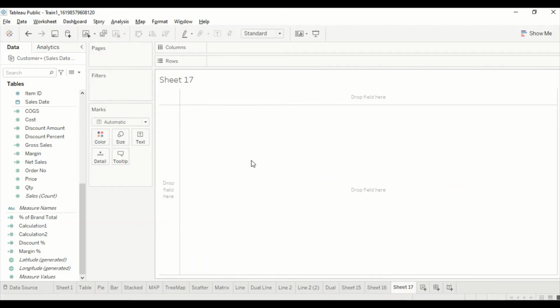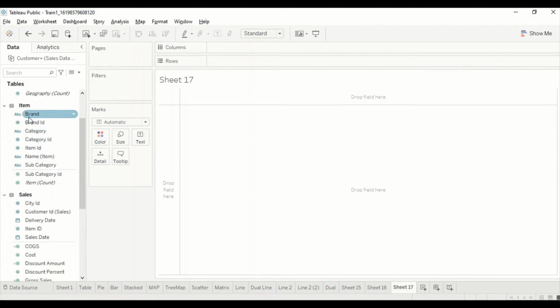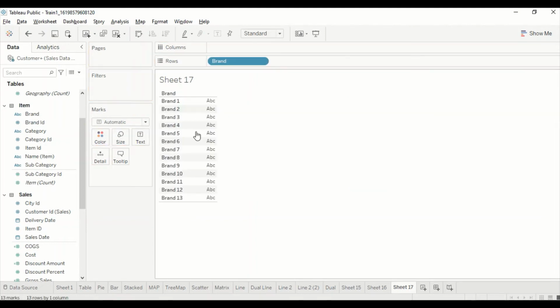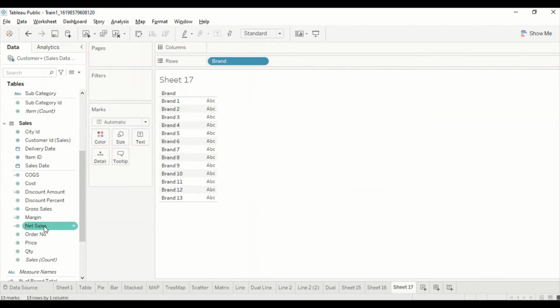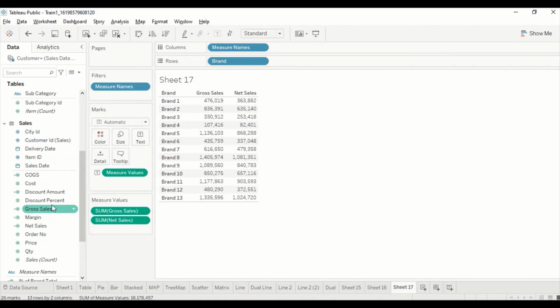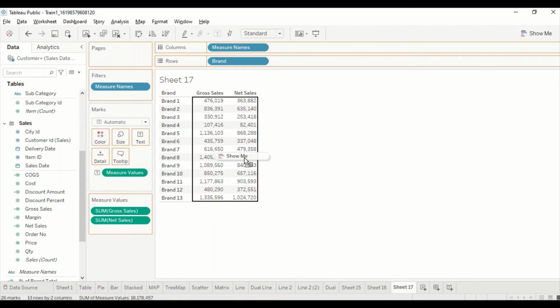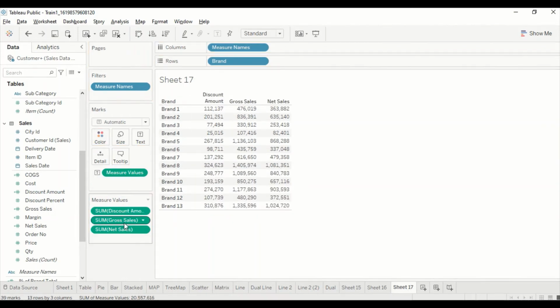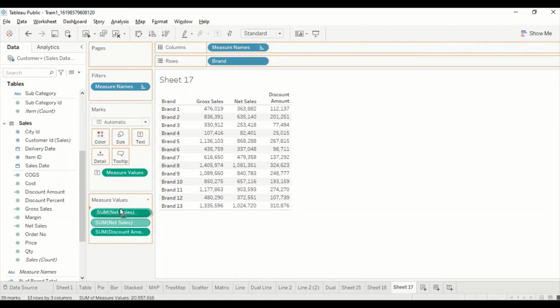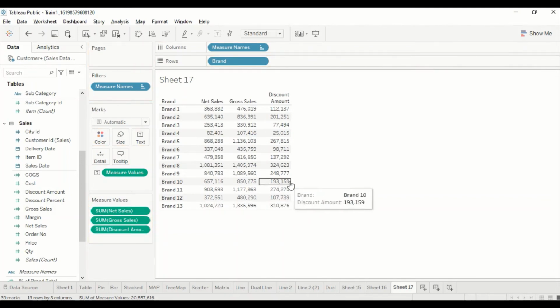Now in Tableau we also want the same thing. We have slightly different names here. We call it net sales, gross sales, and discount amount. The same three things we are going to do here. Again, we also want a brand-wise display, and we want net sales displayed here, gross sales here, and discount amount here. If you want to change the order, you can go ahead and move it around. So we got settled with this.